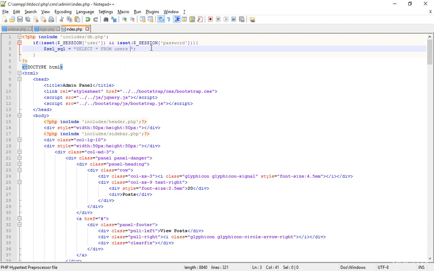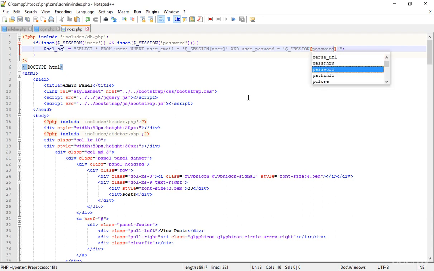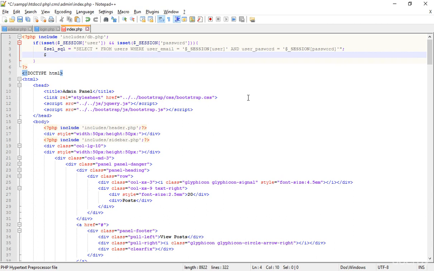The users is the table, and where user email is equal to dollar session, and obviously I'm not putting the single quotes inside, and then this is perfect and I'm typing and user password is equal to dollar session, and here I'm typing the password. Okay, save that and go down, dollar, and I'm typing the run SQL and equals to, here I'm